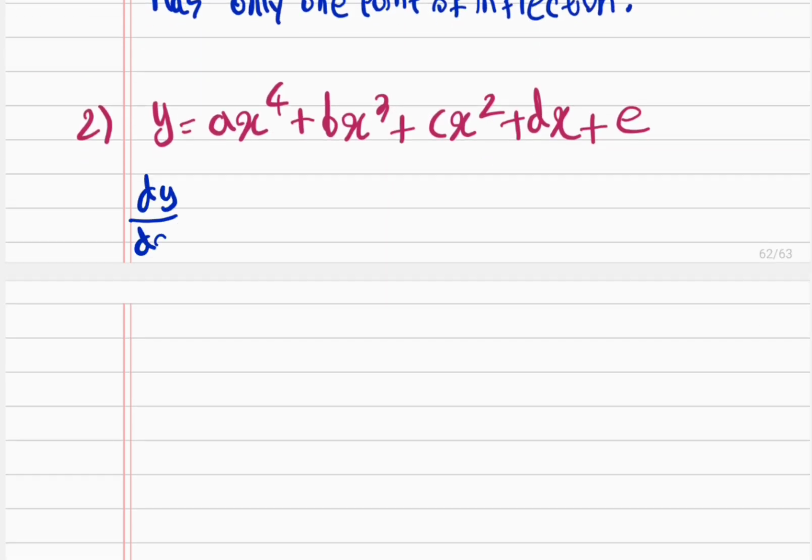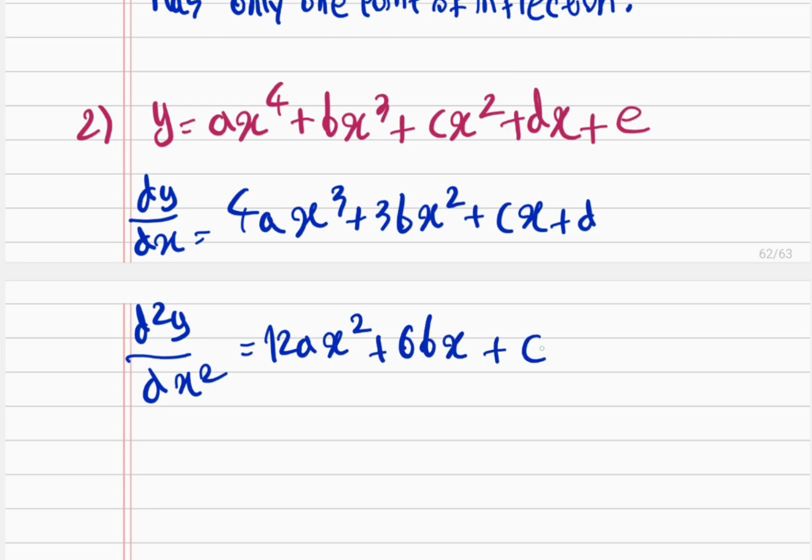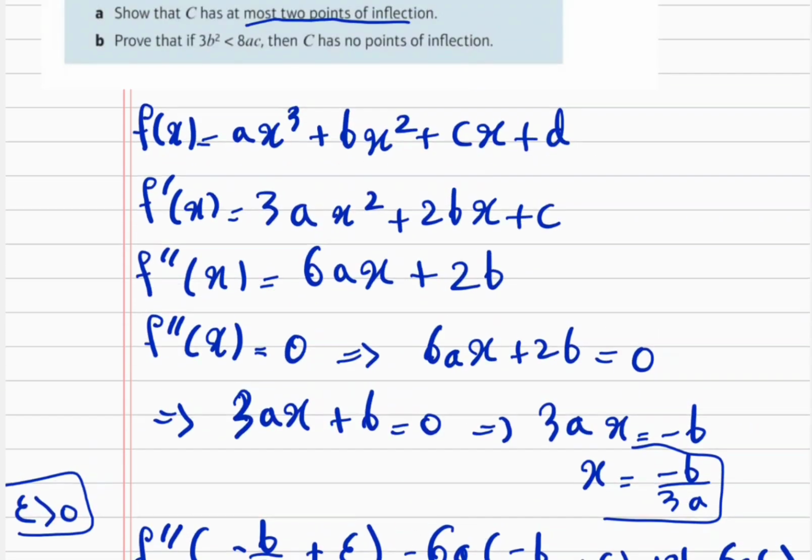So we have dy/dx equal to 4ax cubed plus 3bx squared plus cx plus d, and then the second derivative is equal to 12ax squared plus 6bx plus c. Okay, now at this point we would set this equal to 0 and solve that and find the points of inflection and so on. But this is not really the point of the question,